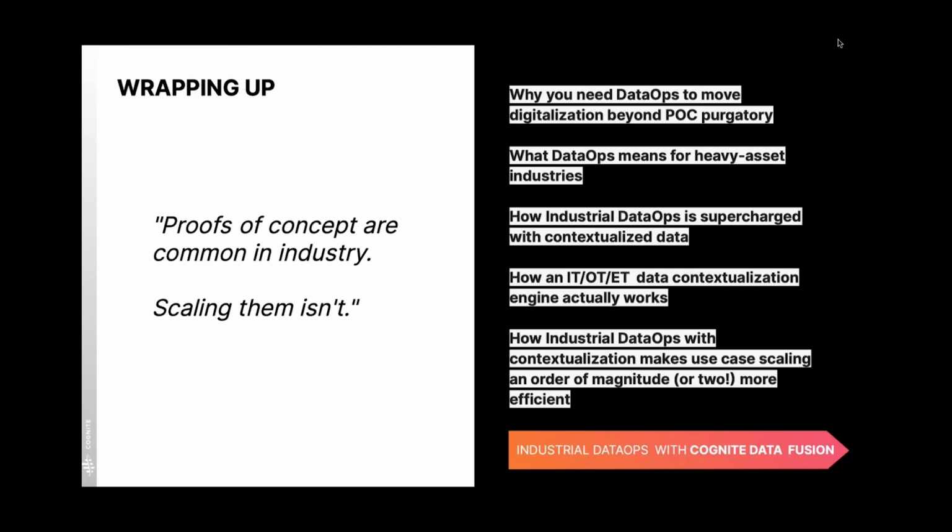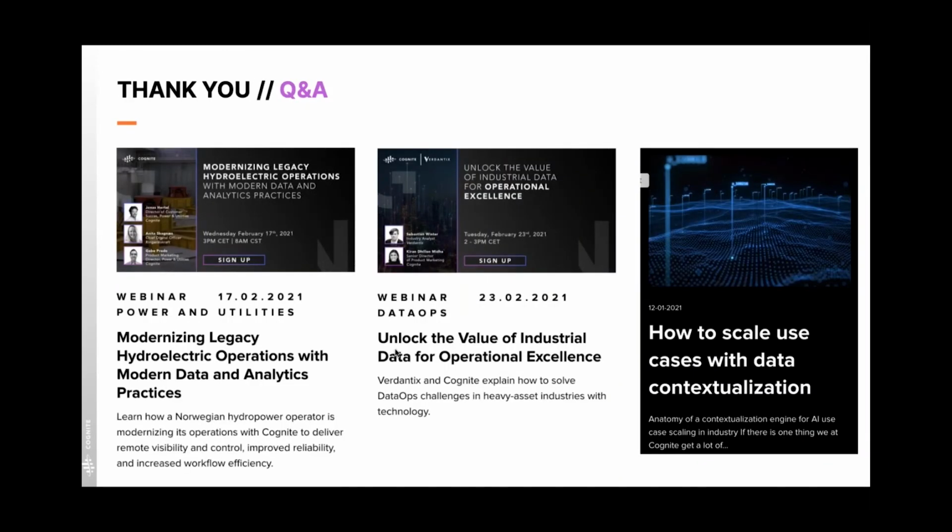And of course, we demoed to you how industrial DataOps with contextualization makes use case scaling significantly more efficient. In our small demo snippet today, we only had a handful of wells, but those of you in the audience in the oil and gas vertical know very well that there are many wells, hundreds and thousands in some cases. So the challenge is not to populate a 6x5 matrix, but to populate a matrix of a substantially different order of magnitude.